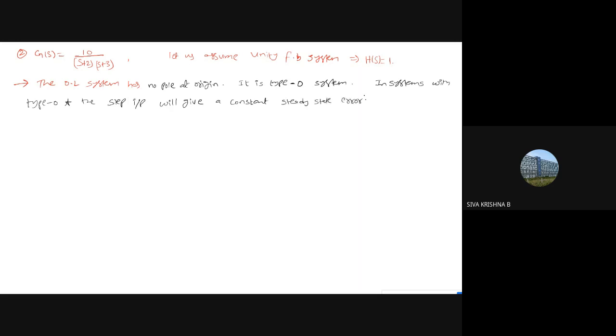Do it fast, write down. The ESS with the unit step input is ESS equals, what is the relation between this ESS and unit step? 1 by 1 plus Kp, where Kp means positional error constant. So the positional error constant is